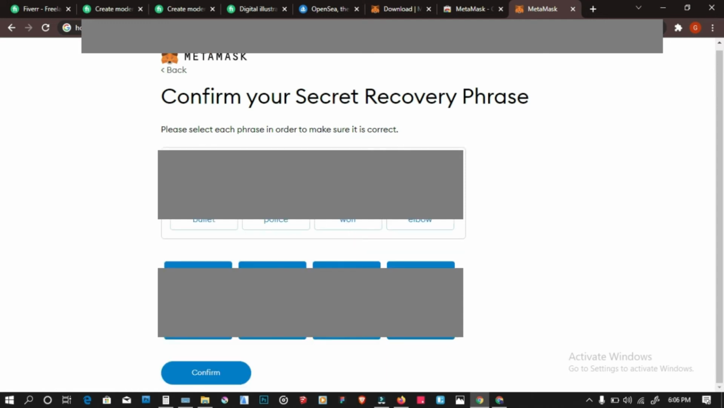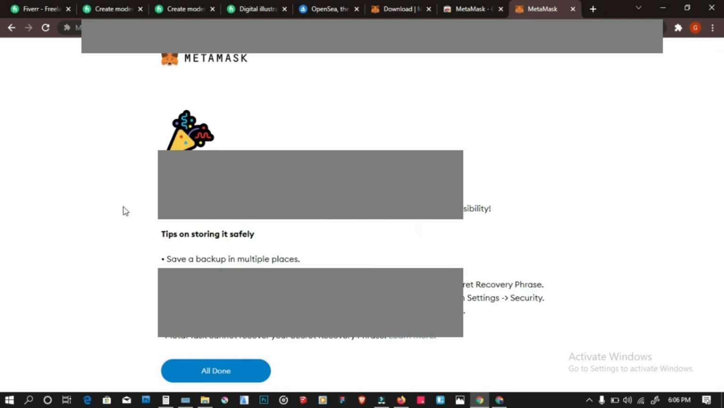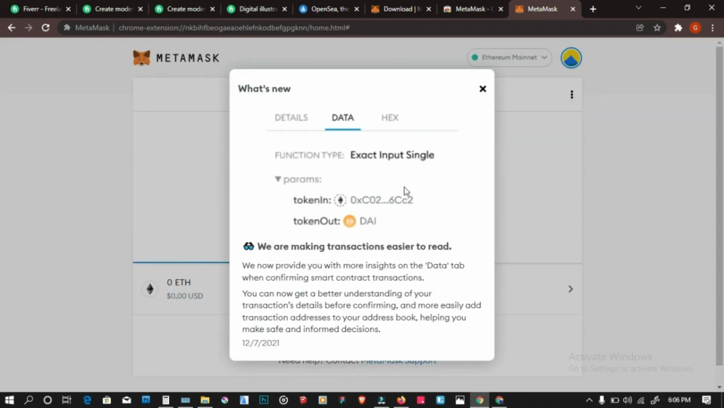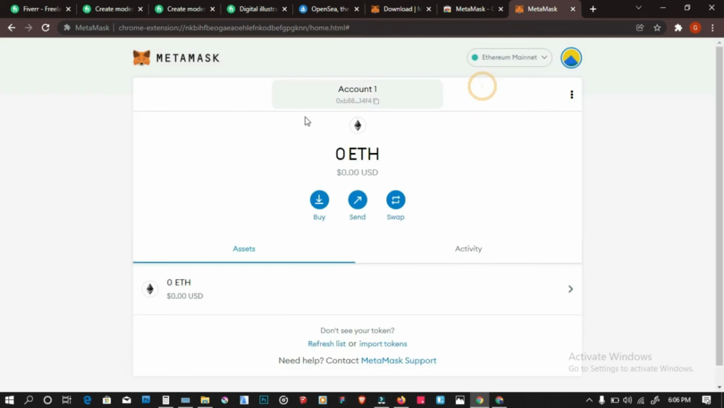Once you've selected that in the correct order, you can click on create, and then you see a congratulating message. And once you click on that, you have created your wallet successfully. So you can see we have an Ethereum wallet here, and we have the address at the top. You can click to copy your address, which you can send to people to receive funds